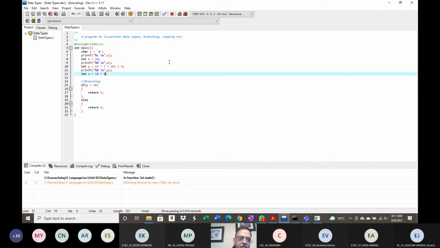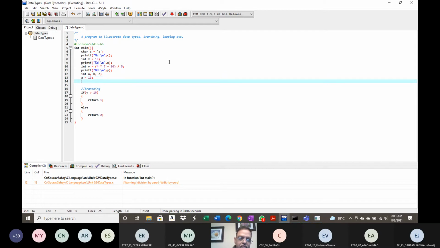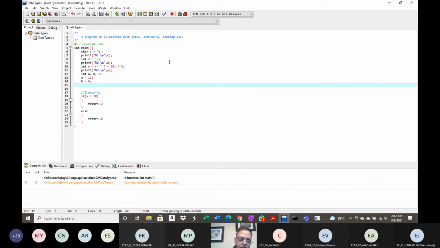So what I can do is let me create 3 of them. I will just give them some values. So A is equal to 10. B is equal to 0.